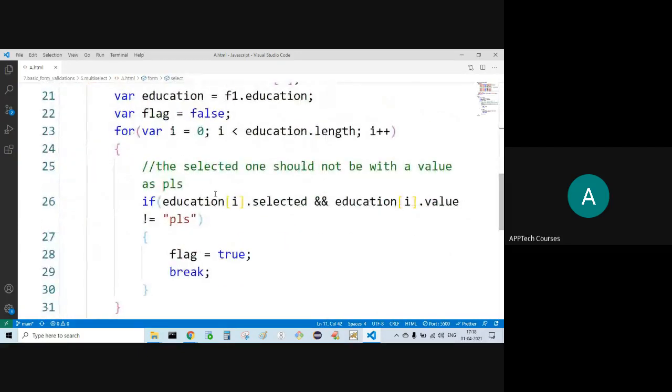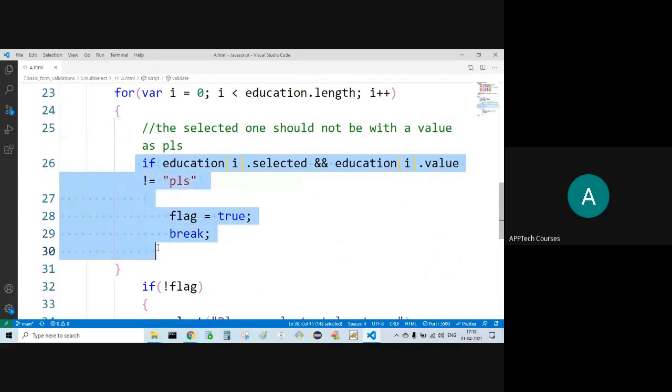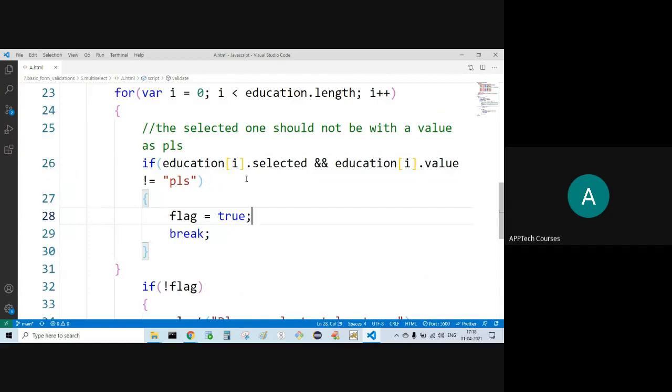That is the length. In this if block, what are we trying to do? Education of i dot selected.